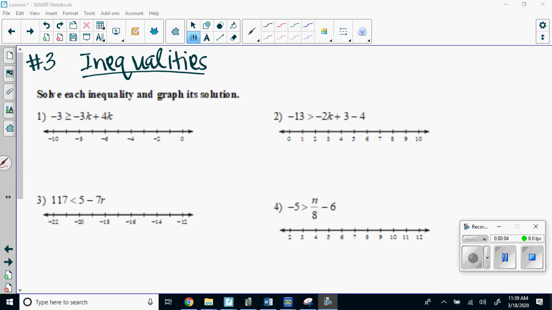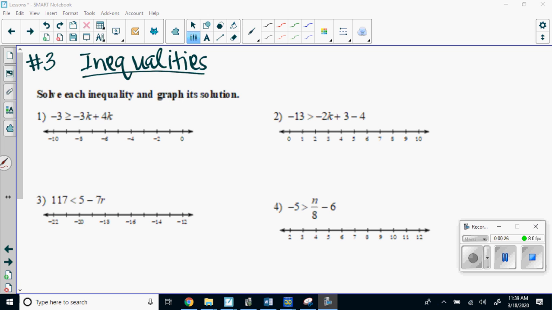So long ago, way back in probably September, October, we learned how to solve inequalities, and you guys have done it in 7th and 8th grade, so it was familiar to you, but we spent quite a bit of time just making sure we were all really comfortable with it. And what we found as we were solving inequalities was it's basically the same thing as solving equations, except there's